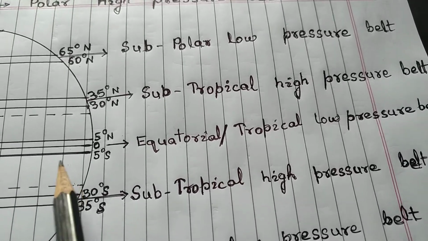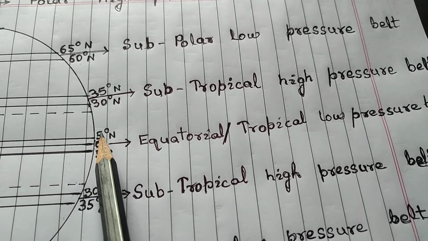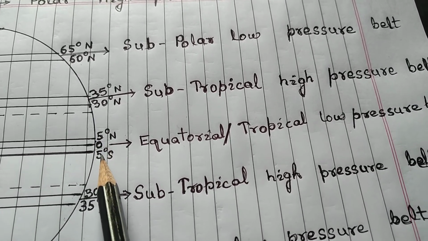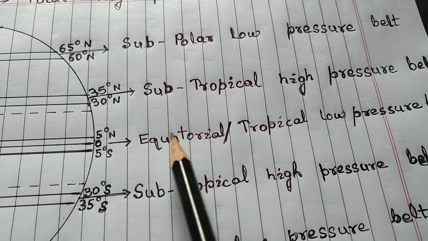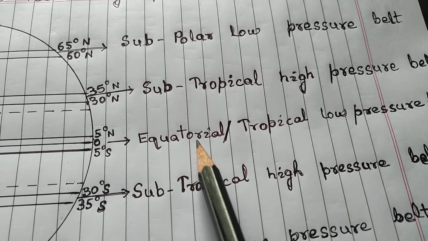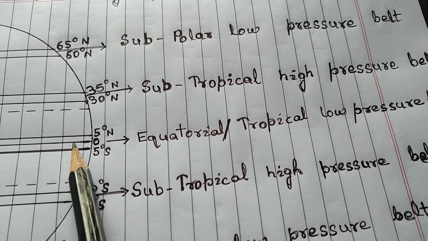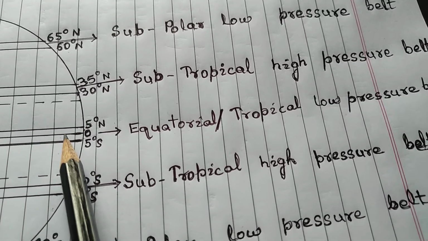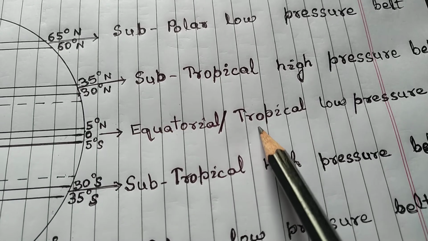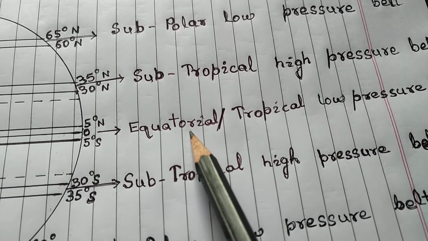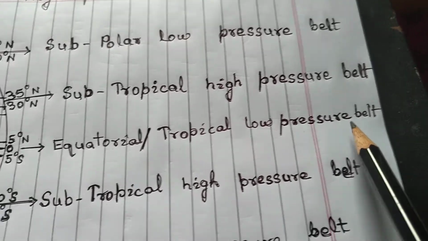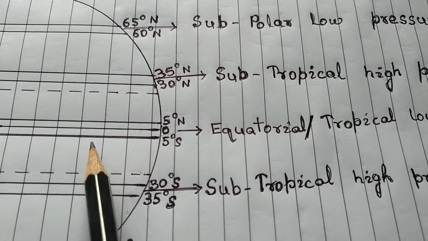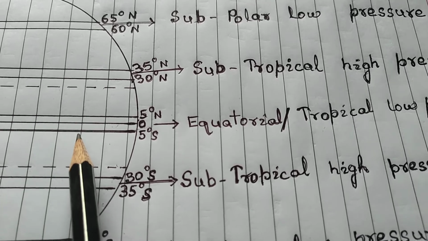So I have written for this 5 degrees north to 5 degrees south, this equatorial region, which falls in the torrid or tropical zone, so we will write tropical. We can write equatorial or tropical low pressure belt because due to very high temperature, the air